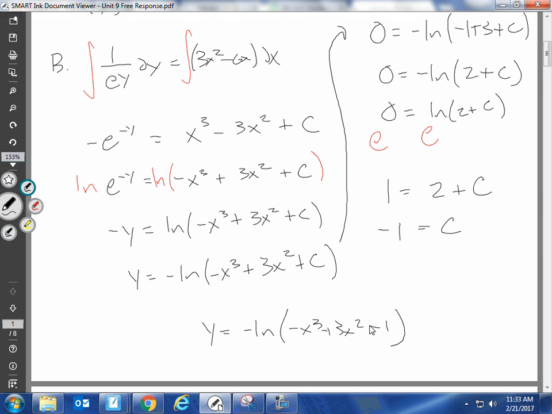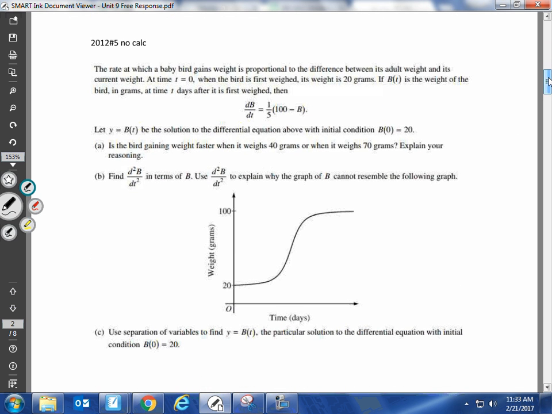Let's do the next one. The next one's a little bit different. It doesn't have x's and y's. It has b's and t's. Really, it just looks like it has b's. All right. It's read, the rate at which a baby bird gains weight is proportional to the difference between its adult weight and its current weight. At time t equals 0, when the bird is first weighed, its weight is 20 grams. If b of t is the weight of the bird in grams, at time t days after it's first weighed,